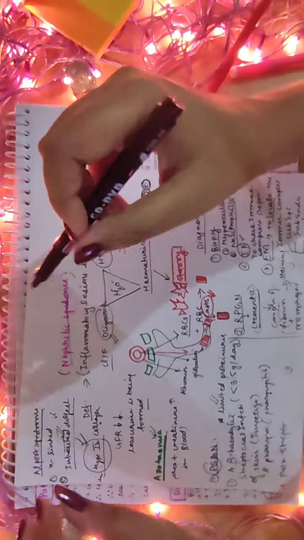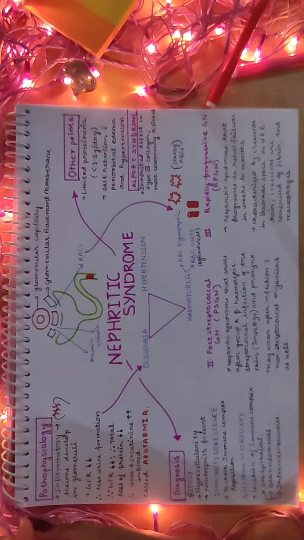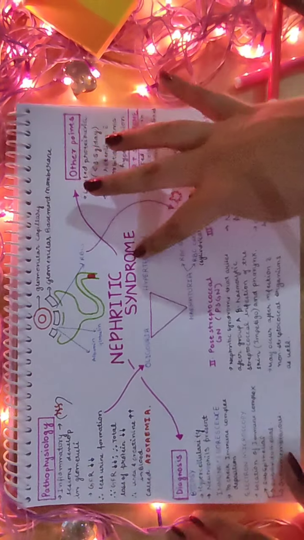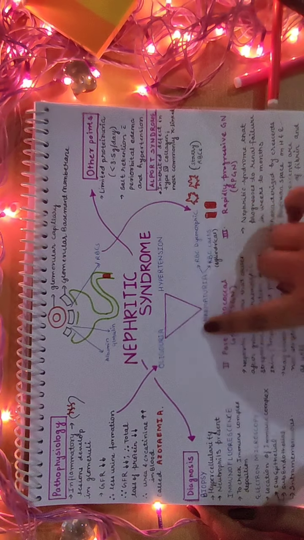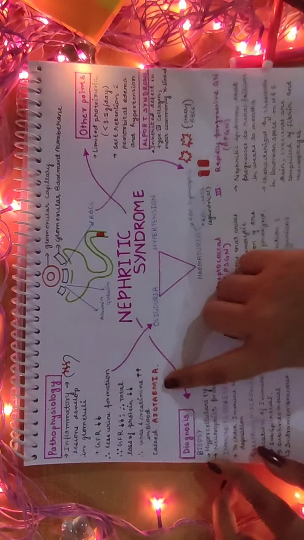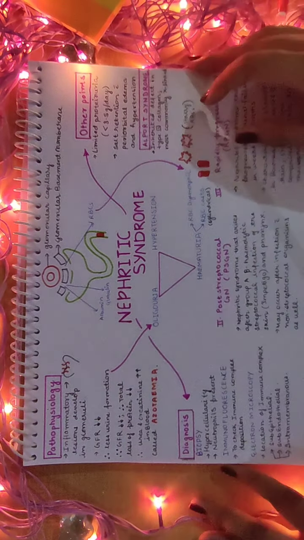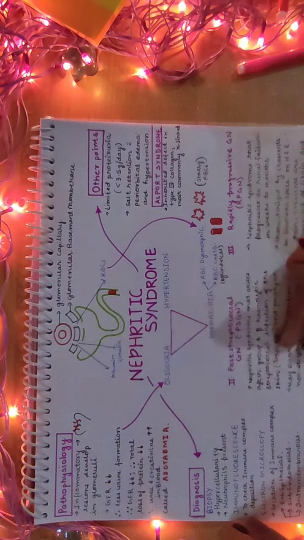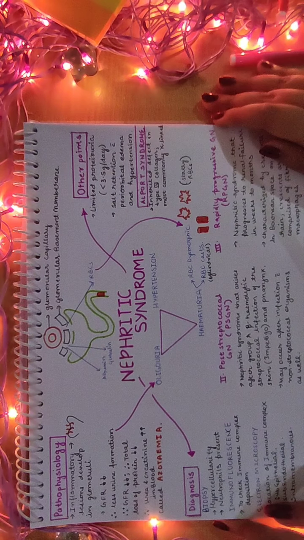So here's this easy understanding of nephritic syndrome. I hope I made myself clear, and this is a clearer picture of my mind map of nephritic syndrome. You can easily see the triangle where I have mentioned the oliguria, hypertension, hematuria, azotemia, pathophysiology. Diagnosis is easily understood, and there are some other points: Alport syndrome, post-streptococcal, and rapidly progressive. So I hope I made myself understood.